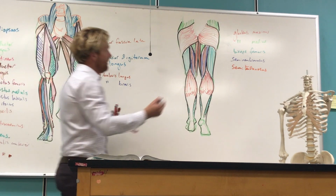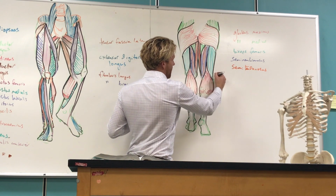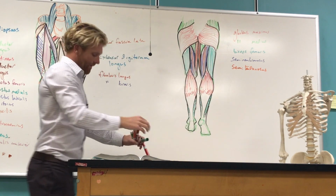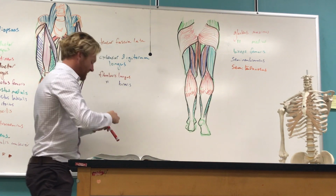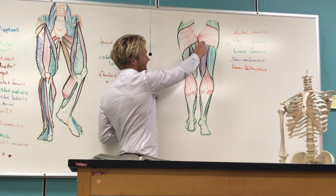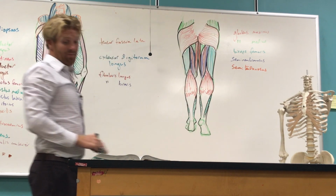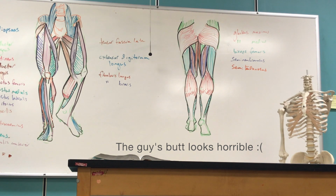Okay? Let me just make this a little bit clearer on the outline. Only thing I would have done differently is I would have made that semimembranosus a different color so that he stood out a little bit better next to the gracilis. You've got the gracilis, adductor magnus, gluteus medius, and they were pretty much in good shape. Other than the guy's shape of his